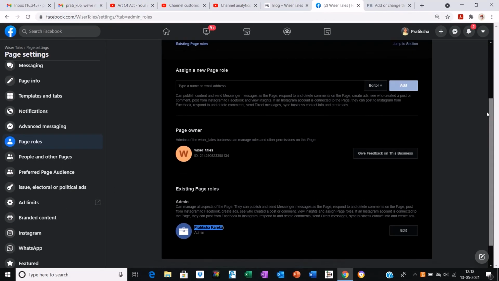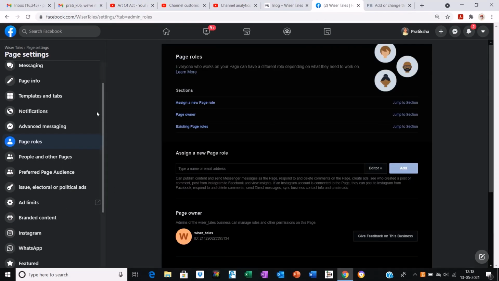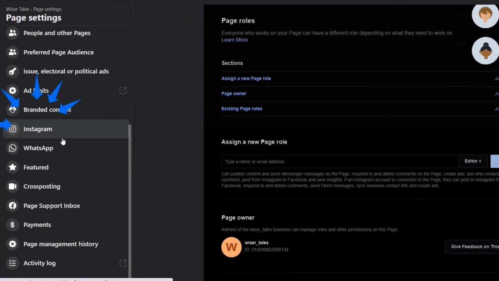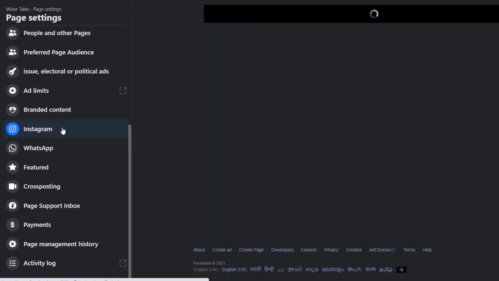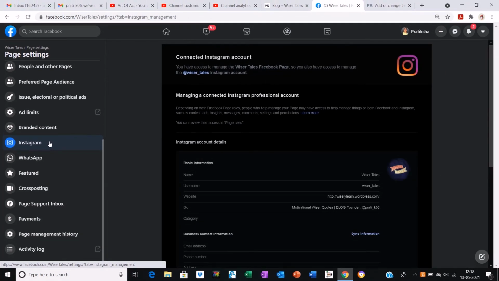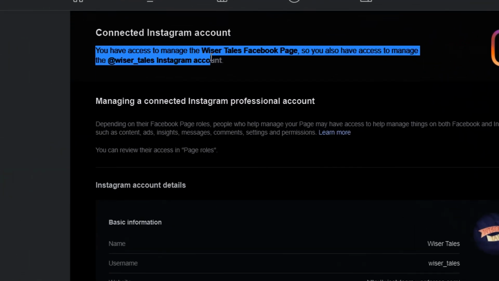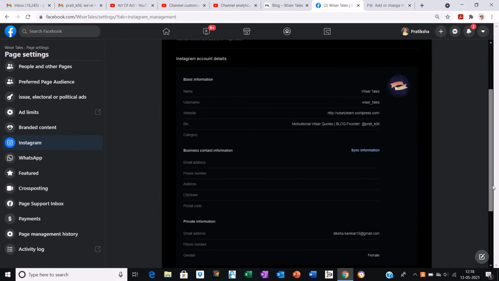Next, to connect it to your Instagram account, you need to scroll down and press the Instagram icon. Now as I have already synced or connected it through my mobile application, it will directly come up here as my Instagram account has been connected successfully already to the Facebook page.